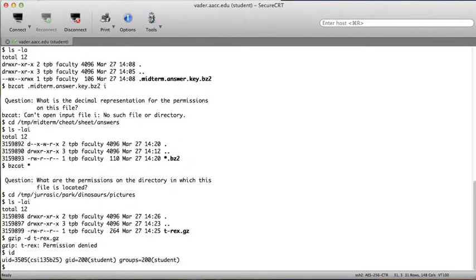So if you look, when I type id, you can see that that's my student ID, and my group is the student group. So I'm not the owner. I'm not in the faculty group. In fact, this account is in the student group. So again, I have read permissions on the file. But what I can do is I can copy